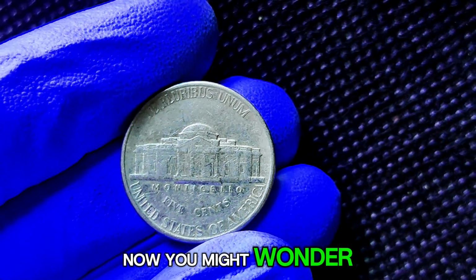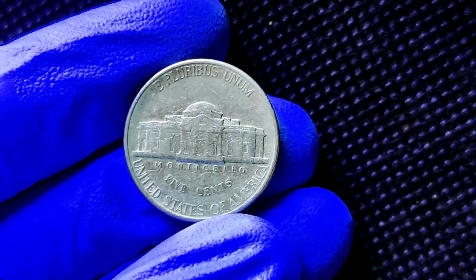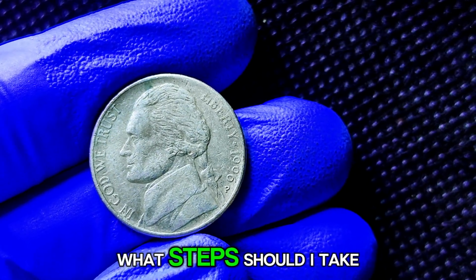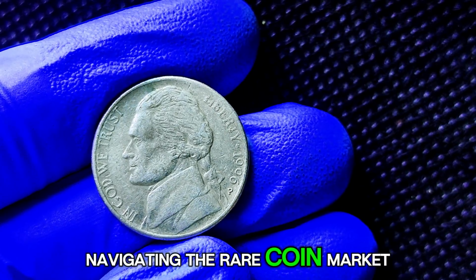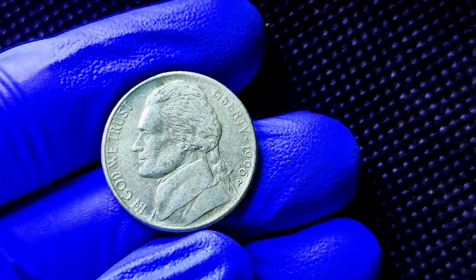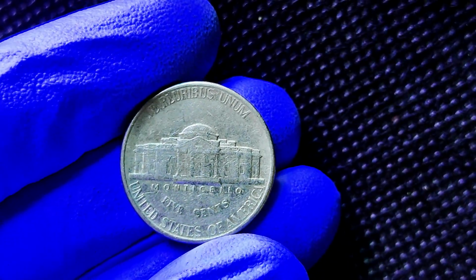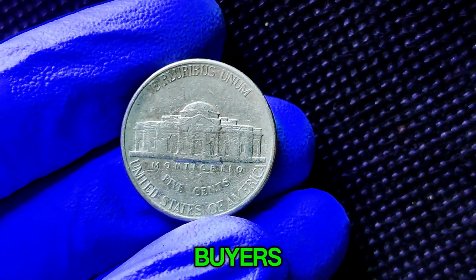Now, you might wonder, how can I be sure my coin is one of these rare mint error nickels? How do I authenticate it? And once confirmed, what steps should I take to maximize its value? The truth is, navigating the rare coin market requires expertise, but you don't have to do it alone. Certified appraisers and reputable dealers exist to guide you. They can help uncover the true worth of your coins and connect you with serious buyers willing to pay top